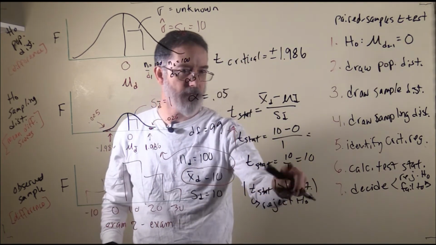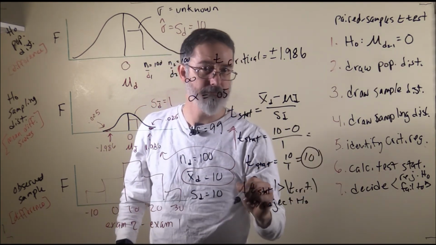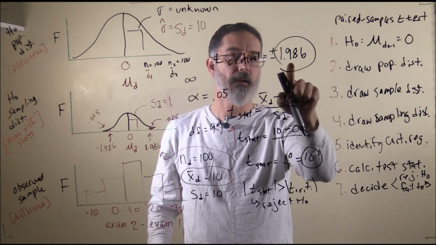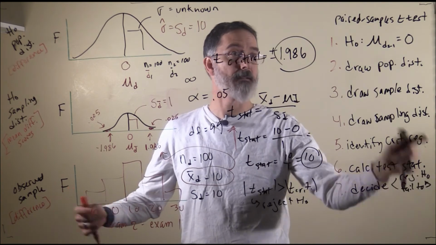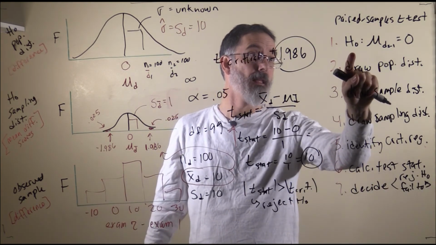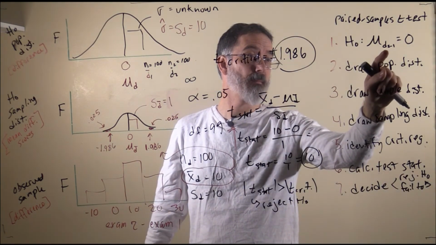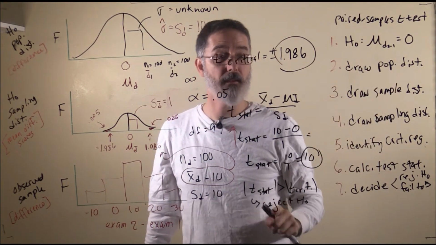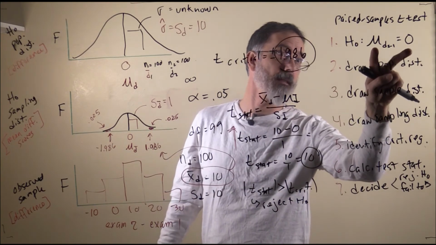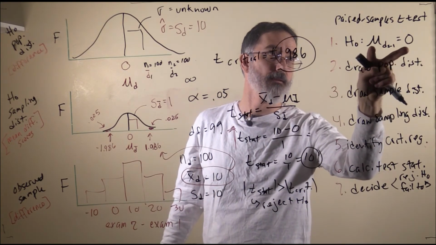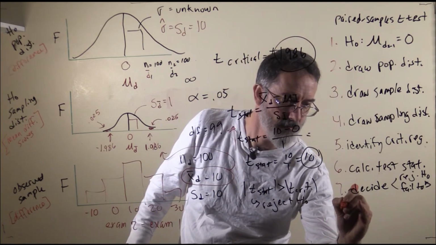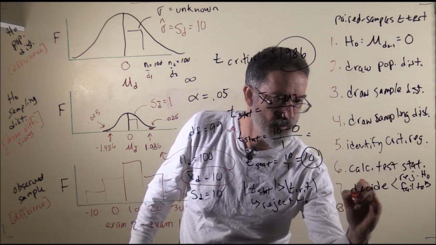Right, and so in this case, our t-statistic is 10, t-critical 1.98. 10 is larger than 1.98, so we reject the null hypothesis, right? We decide that exam 1 and exam 2 are not equally difficult. We decide one is more difficult than the other. We reject the idea that at the population level, the two exams are equally difficult. All right, now that we've decided to reject the null hypothesis, there's one final step, which is